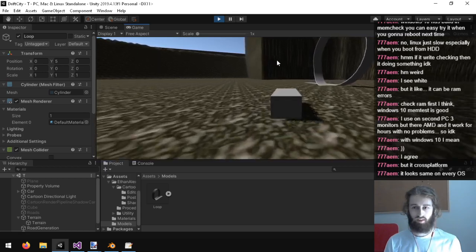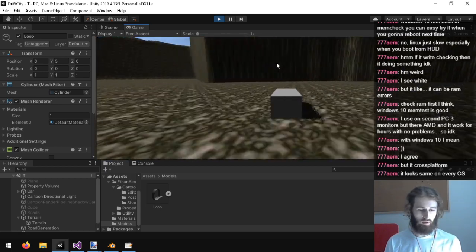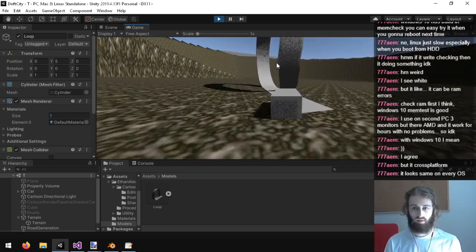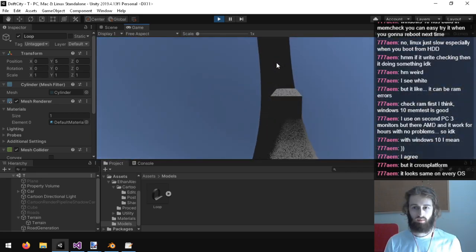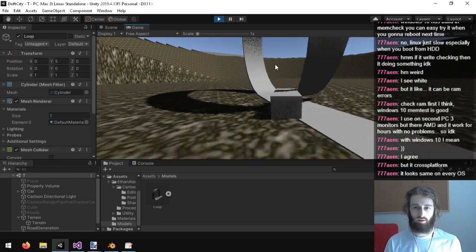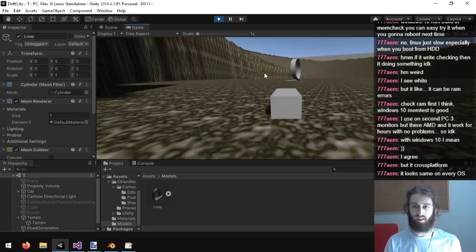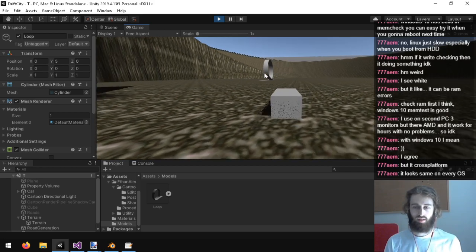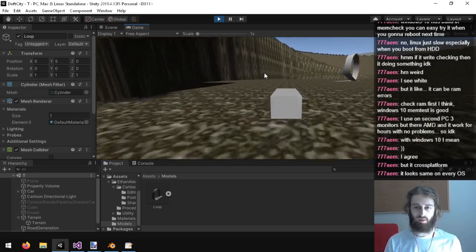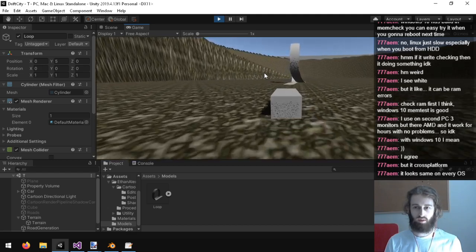Okay. I don't think this is going to work at all. Wow. Wait, it actually made it up higher than I thought it was going to. Maybe if I get enough speed, it actually does work.